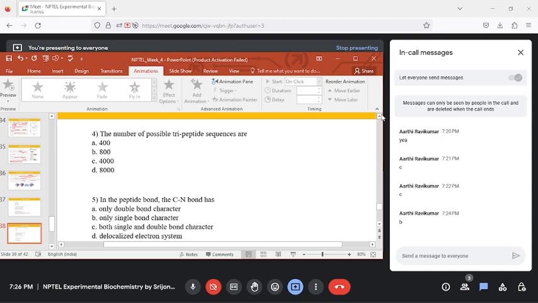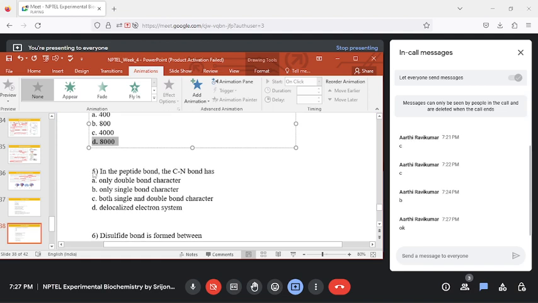each place will have 20 possible combinations. So it would be your 20 for the first place, and then it was a dipeptide, then 20 into 20, that is your 400, and now comes another 20 for a tripeptide, so it is 20 into 20 into 20. So there are 8,000 possibilities for your tripeptide sequence formation. Okay, so it's 20 into 20 into 20 for a tripeptide. So number of possibilities are.